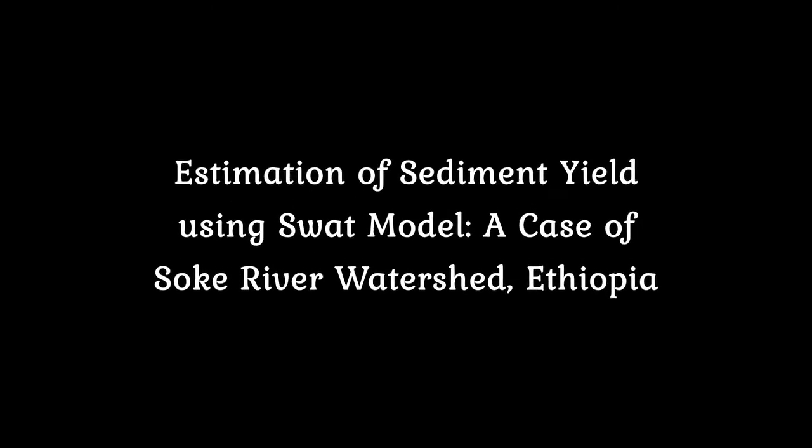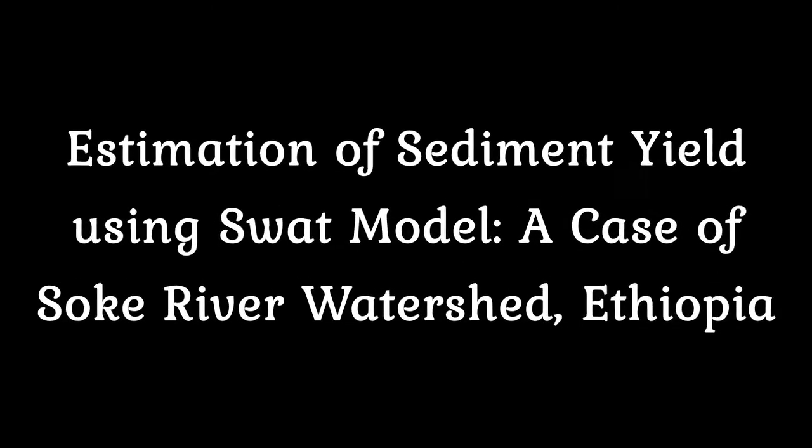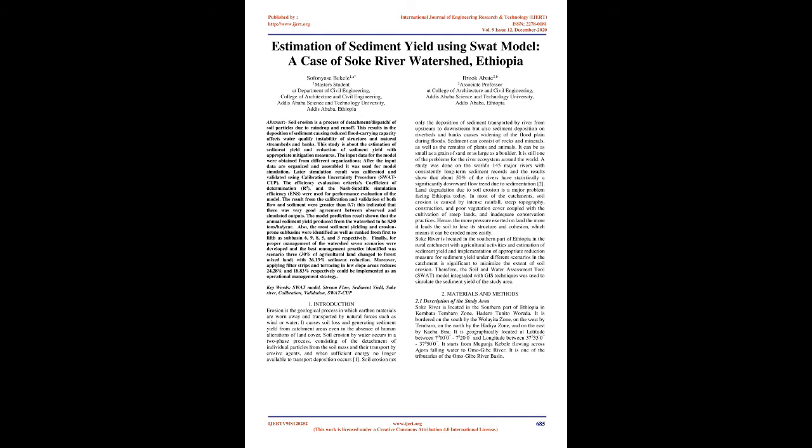Estimation of sediment yield using SWAT model, a case of Soke River watershed, Ethiopia. Abstract: Soil erosion is a process of detachment/dispatch of soil particles due to raindrop and runoff. This results in the deposition of sediment causing reduced flood carrying capacity, affects water quality, and causes instability of structures and natural stream beds and banks. This study is about the estimation of sediment yield and reduction of sediment yield with appropriate